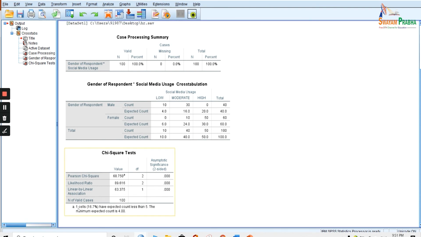If there is only one cell where the expected count is less than 5, and this is less than 20% of cells, then there is no issue. You can easily apply your chi-square test there. So this was a simple explanation of the chi-square test.